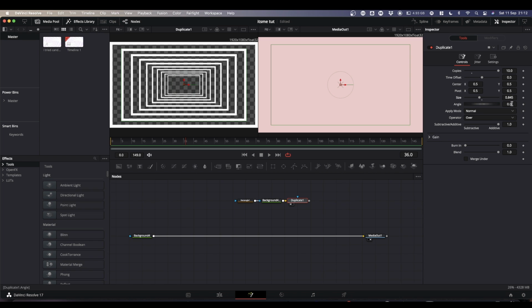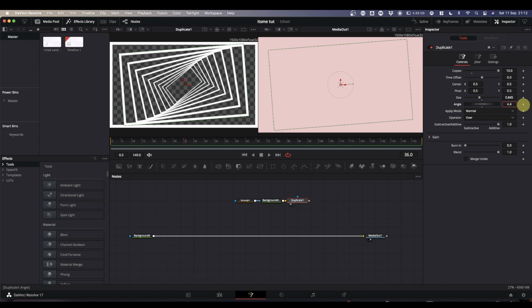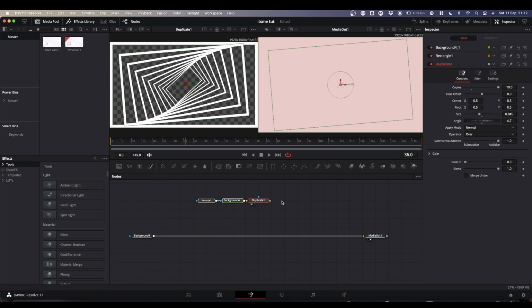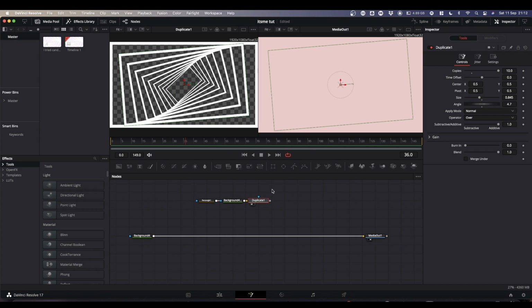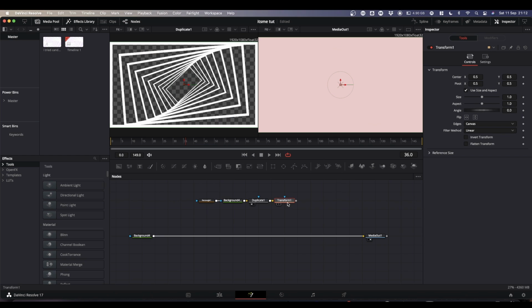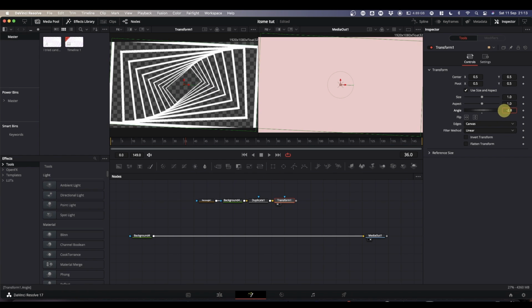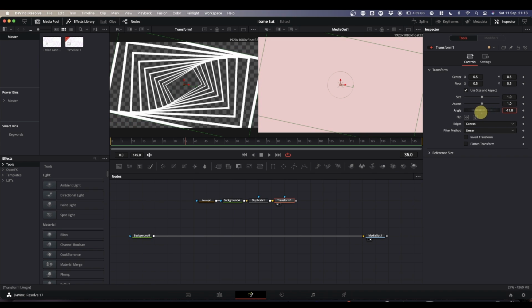And then you want to play with the angle to kind of get this sort of effect. Finally, select the duplicate, click and add a transform, and in the transform node you want to play with the angle. Put your transform node in the viewer, play with the angle like so, set edges to wrap,